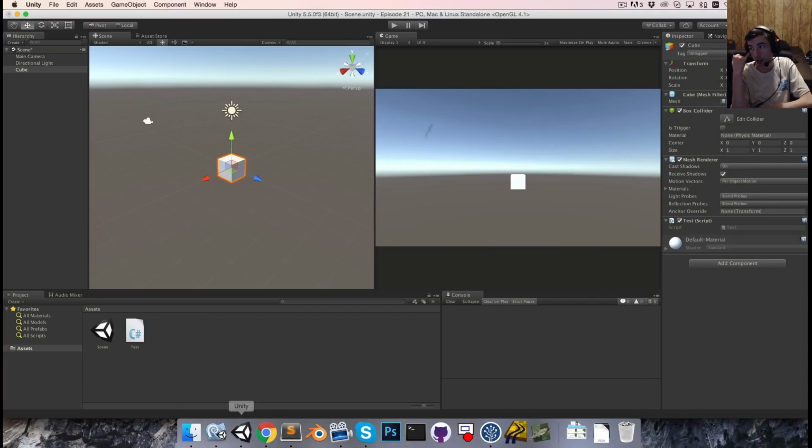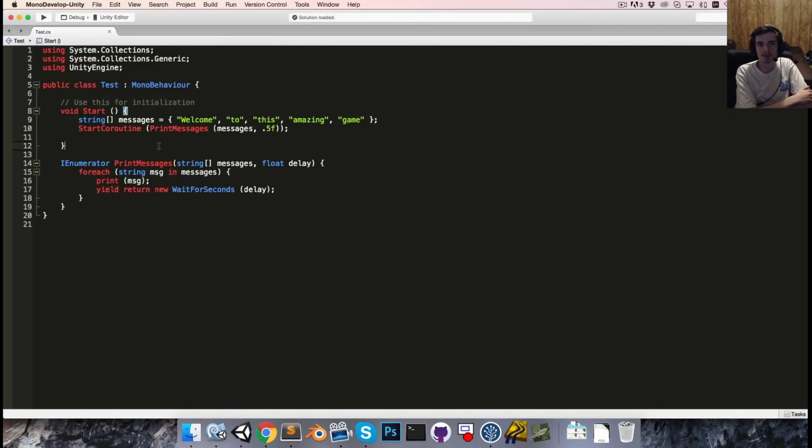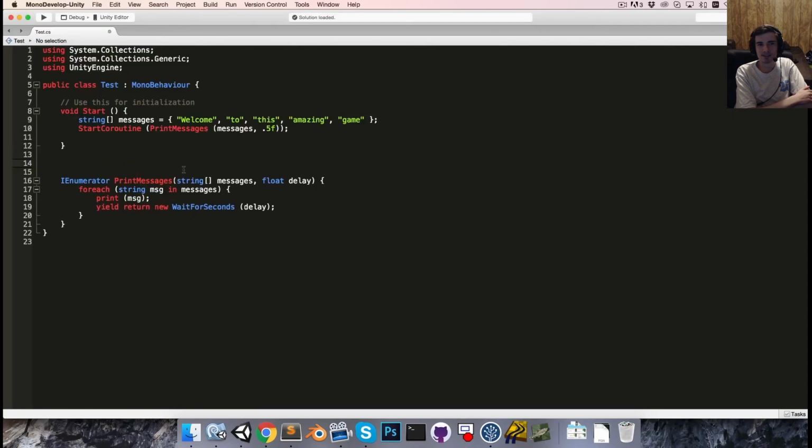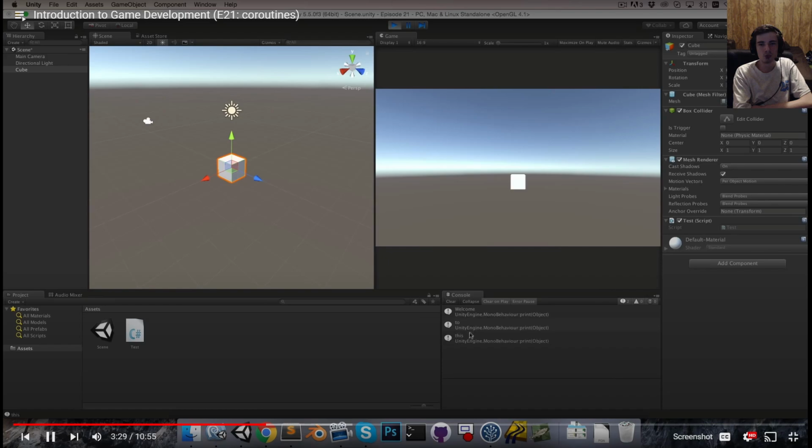Let's save this, go into Unity, and run. And we should see it printing out, welcome to this amazing game. Great. So, what I'd like to do next is create a coroutine that will take in a Vector3